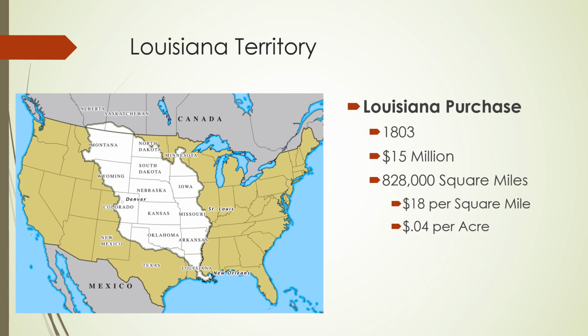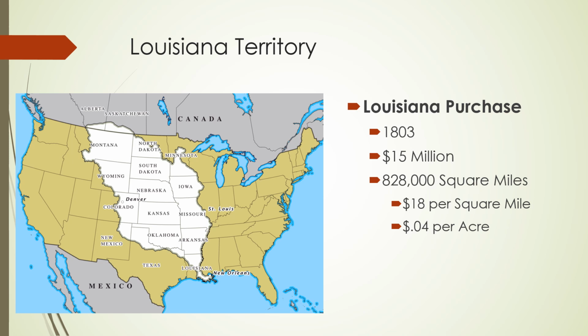And so Jefferson, it's actually Congress who controls this, but through Jefferson's efforts, the United States purchases Louisiana. And of course, this is known as the Louisiana Purchase. So again, not the modern day state of Louisiana, but everything from New Orleans all the way to Montana, even a little bit into Canada.